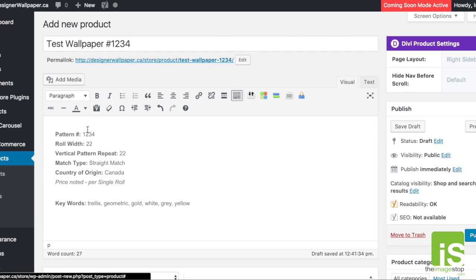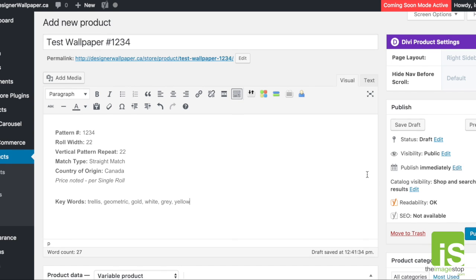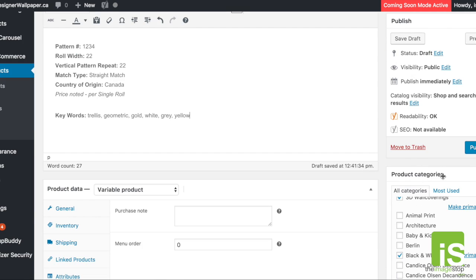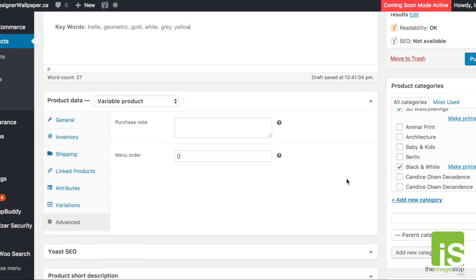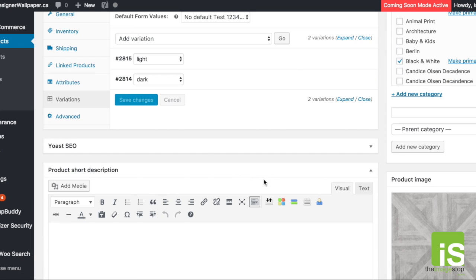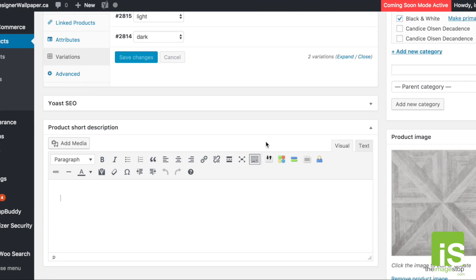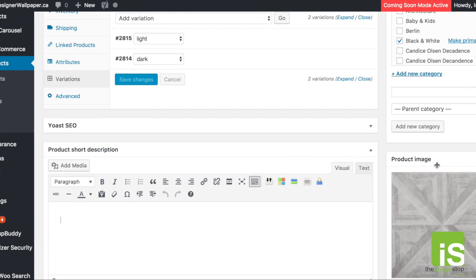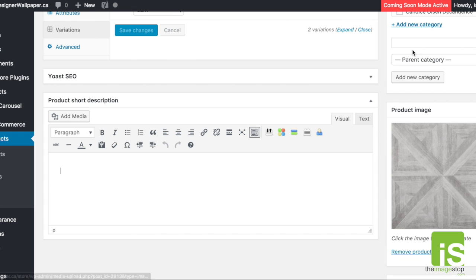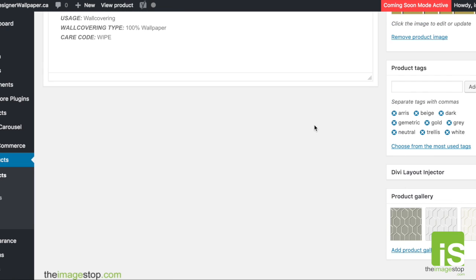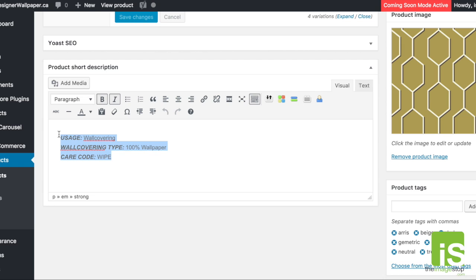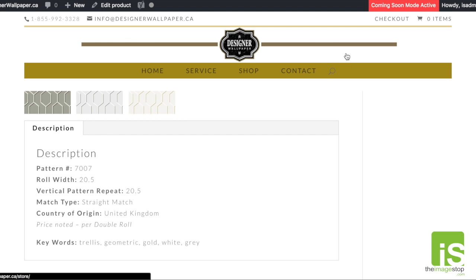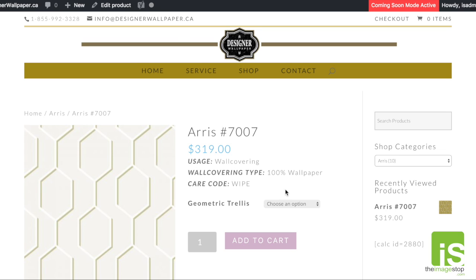We have all this information here. We have our products categories entered. We have the variations set for the products, the product themselves. Oh, we don't have a short description, and we don't have the tags, which are right down here. So let's show you that one. Back to the bottom of the previously entered one, here is our short description. The short description is the one that shows up right there at the top that gives just a quick overview